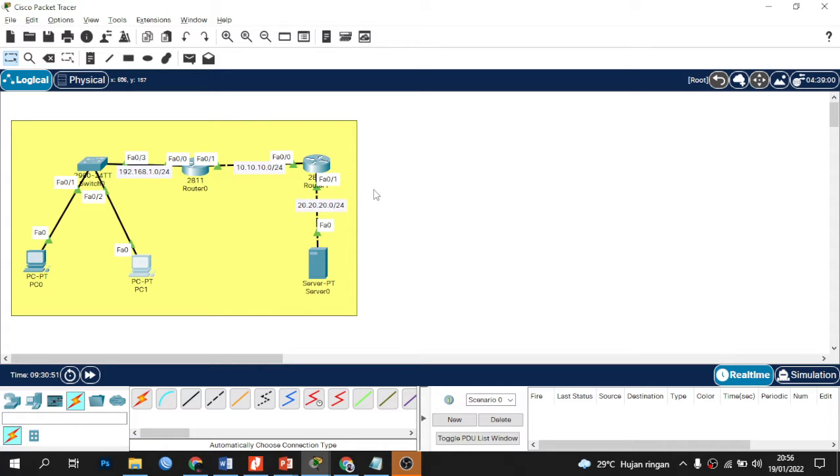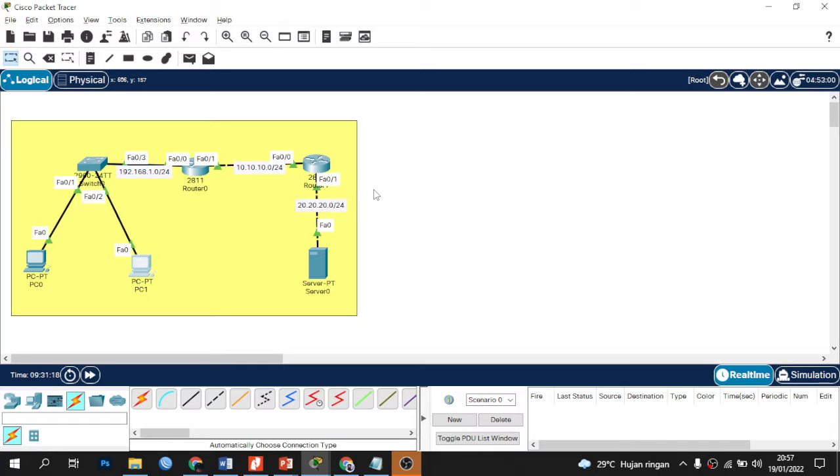Okay, after all the configuration is running and the PCs and server are connected to each other, now we can directly configure the extended access list. Keep in mind, the access list configuration should be entered on the router closest to the destination.